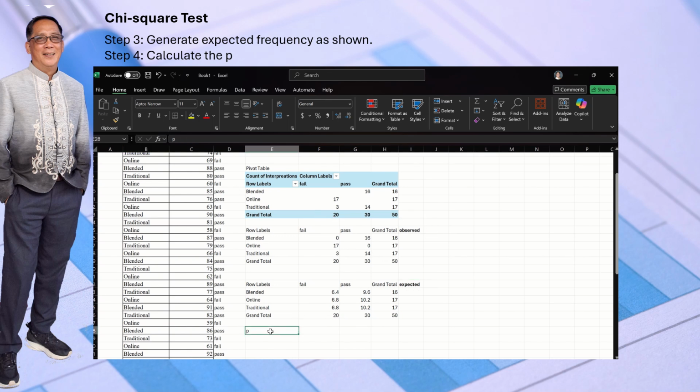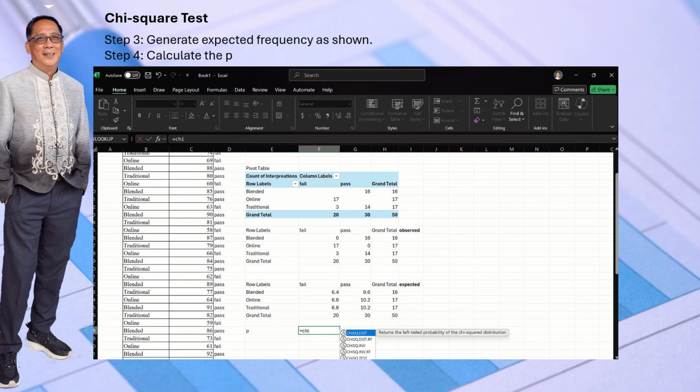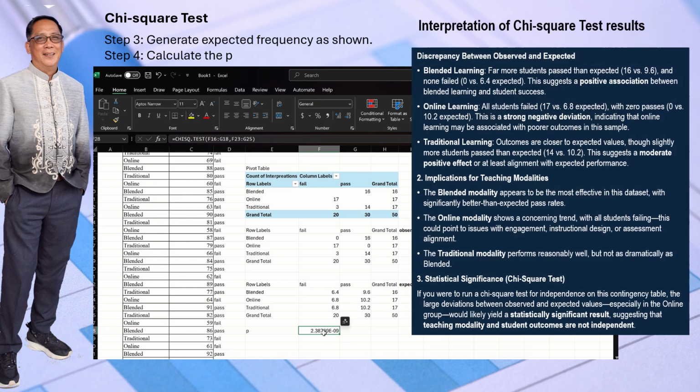Now, how do we calculate the p value for the chi-square? All you need to do is type equals here, and then look for the chi-square formula, which is CHISQ.TEST. Then you see here, look for the actual range. This is the actual observed range, separated by a comma, and then we go to the expected range and close the formula. And voila, our p value is 2.3876 times 10 to the negative 9. So basically, you will not be able to make a decision